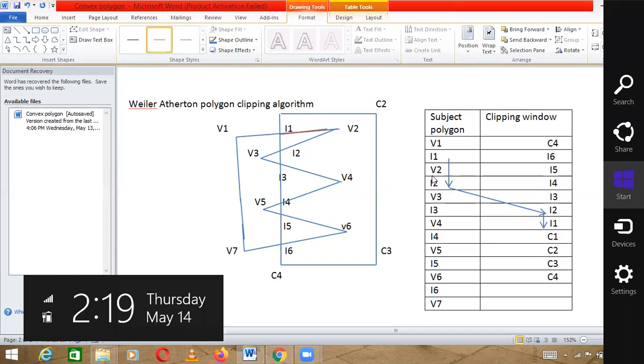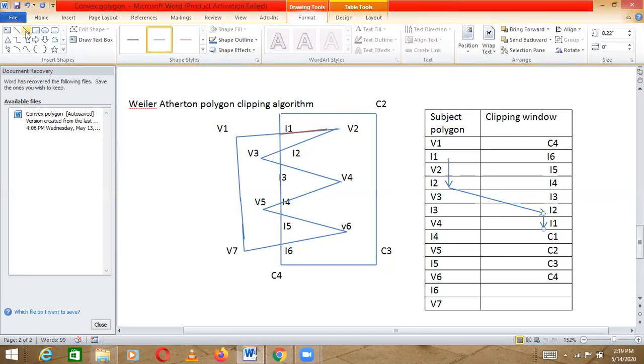Okay, we are done with two intersection points, I1 and I2. The next intersection point here is I3. So again we will start with I3, and the next intersection point here is I4. Put an arrow here, and again you will find I4 here. Then from I4, the next intersection point in this column is I3. After I4 we are at I3. Okay. So we are done with I3 and I4 both.